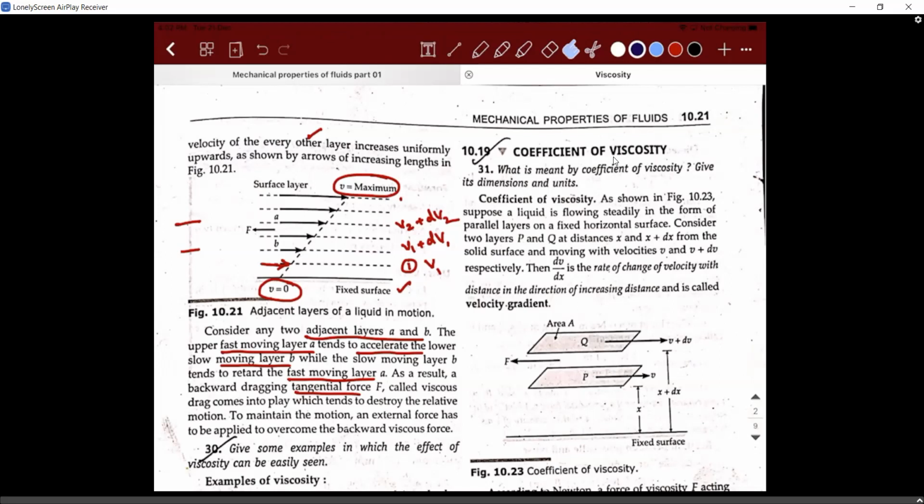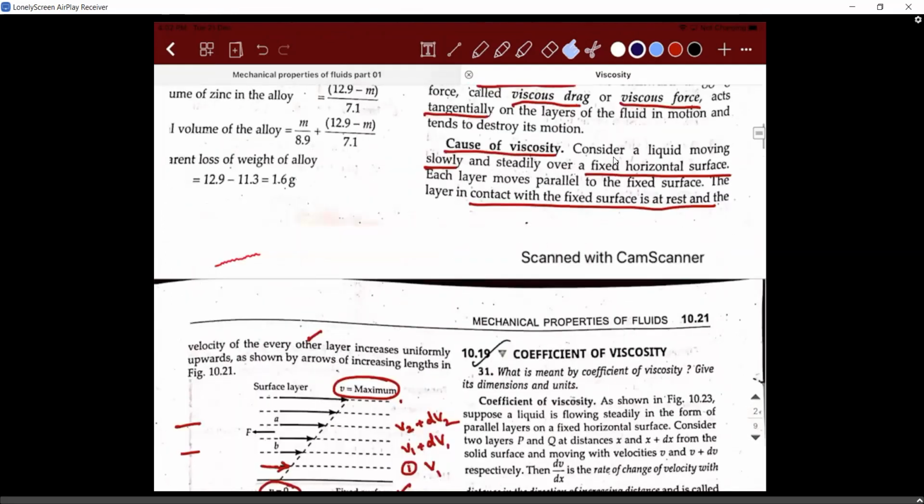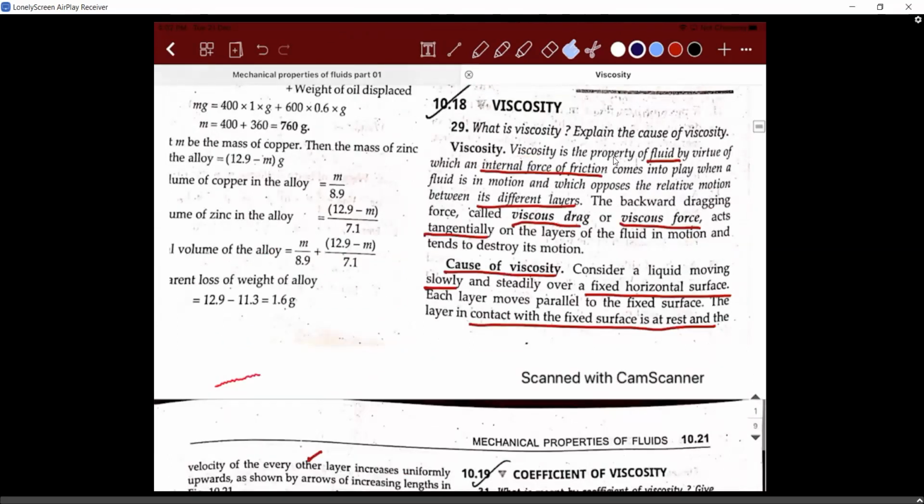So yesterday we discussed one important point. We saw what is viscosity and what is the cause of viscosity. Let's recollect what we discussed. So what is viscosity? Two subsequent layers of liquid, need not be water, any liquid you talk about. Between subsequent liquid layers, there will be a backward dragging force, which we call viscosity, or viscous force, right? So generally we call it that.